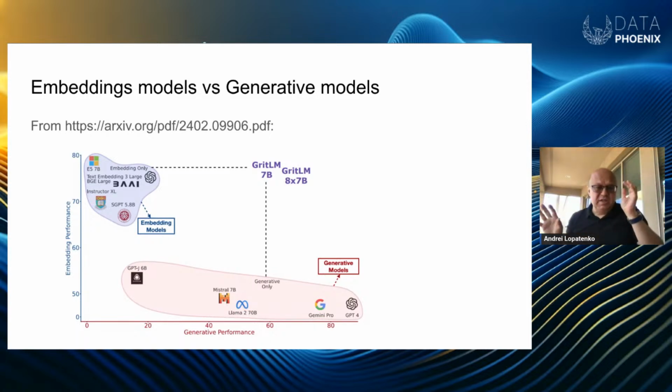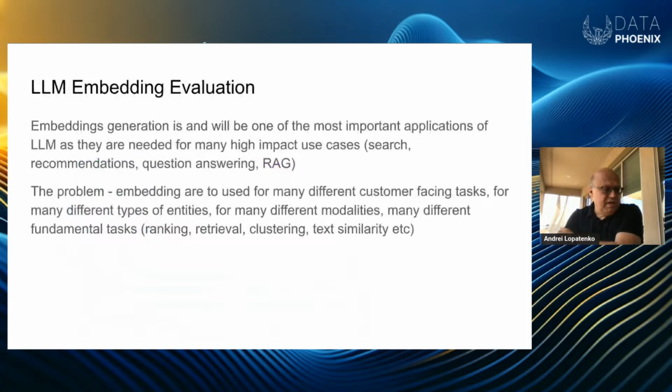And currently there is some new work where they built an LLM which is reasonably good for both of the tasks, but typically these two are different, and this is actually a good example of why you will most probably need several LLMs within your company. So there are embedding tasks and generative tasks. Both of them are very important, and I see embedding tasks perhaps being a little bit less discussed. It's arguable and may depend on the business or company, but it will be one of the most important LLM applications